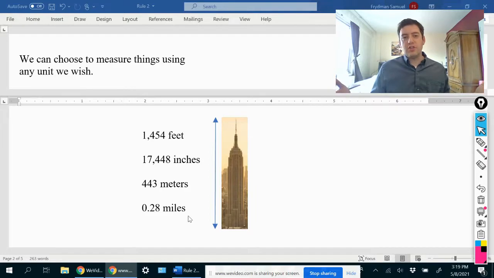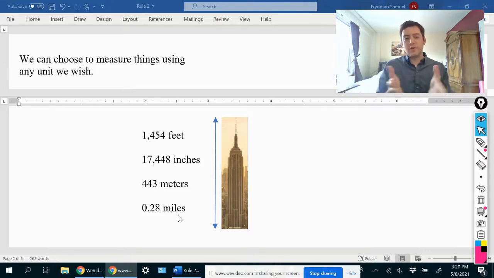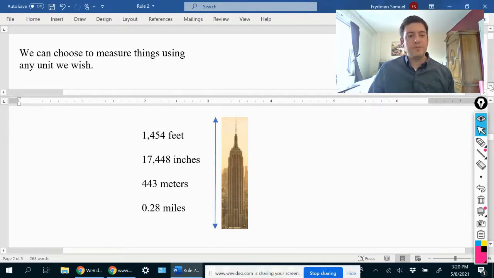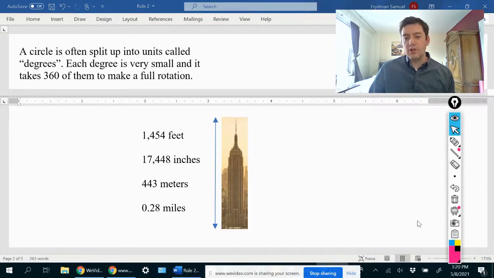So we can choose to measure things using any unit that we want. There's really nothing special about a foot or an inch or a mile. We just have to pick something and then say how big that something is. Okay, like a foot is about this big, and then measure whatever we're measuring in terms of that thing that we chose. But again, we can choose anything that we'd like. So, that being said, a circle